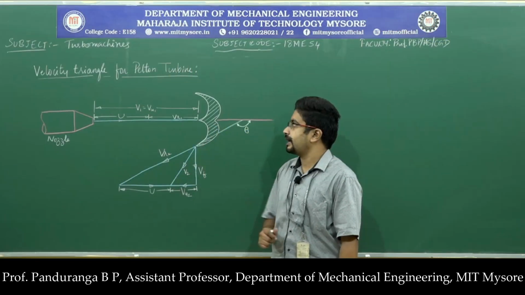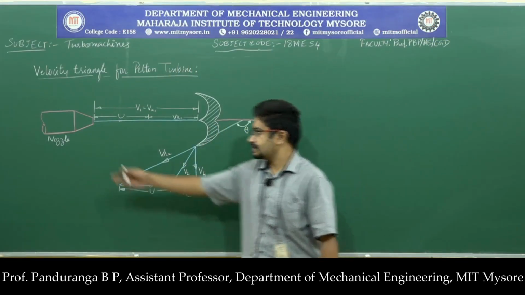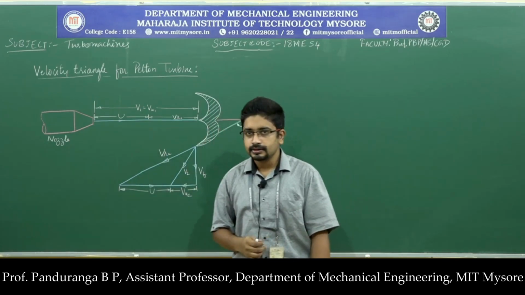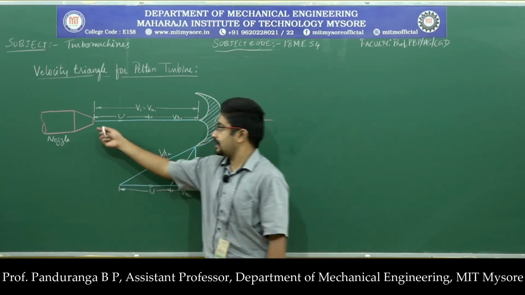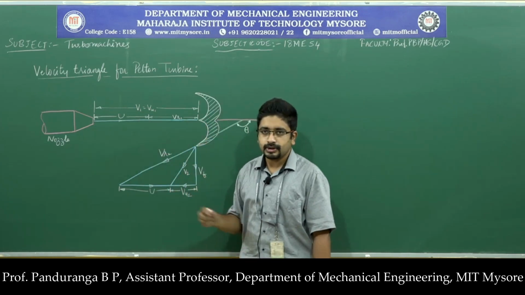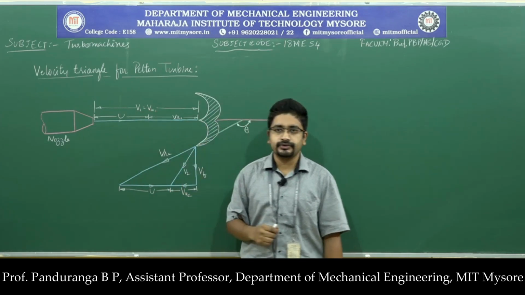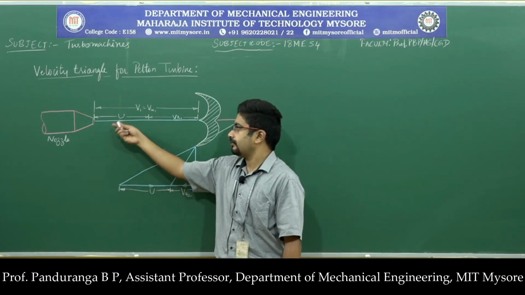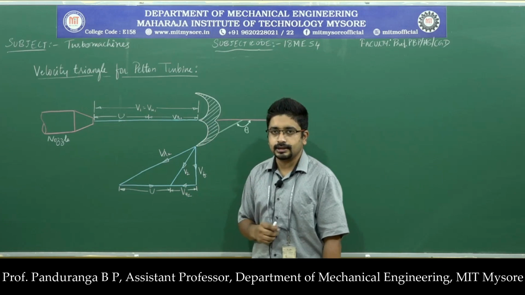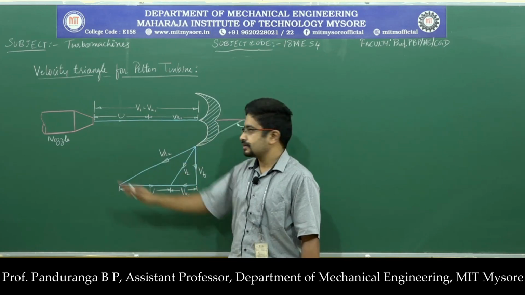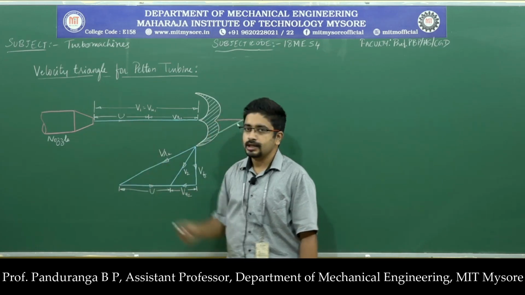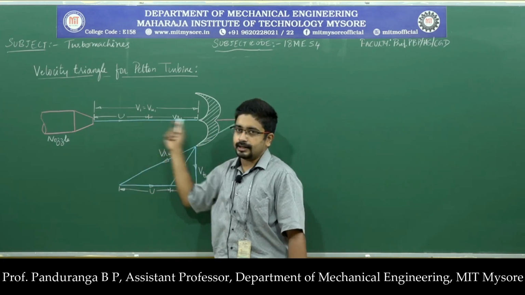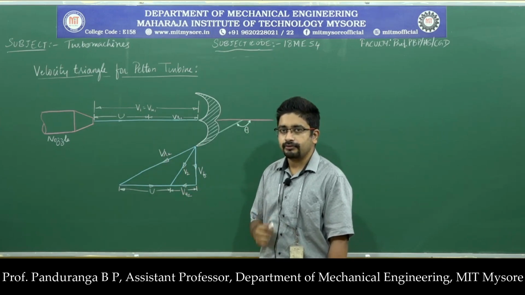Here we have the velocity triangle for a Pelton wheel. So there is the nozzle. The nozzle will always be tangential. So whatever the absolute velocity comes out of the nozzle will be equal to the tangential velocity of the fluid at the inlet. So because of that, we don't have a triangle at the inlet, we just have a straight line. So from here till here it is u, that is the tangential velocity of the blade, and the entire length of this line is v1.